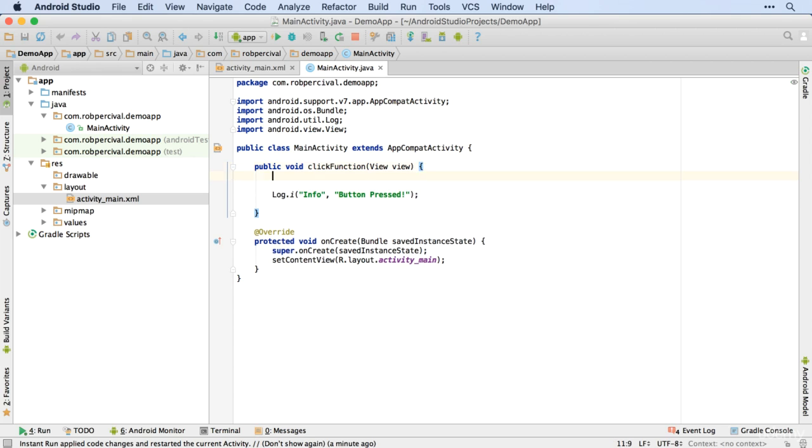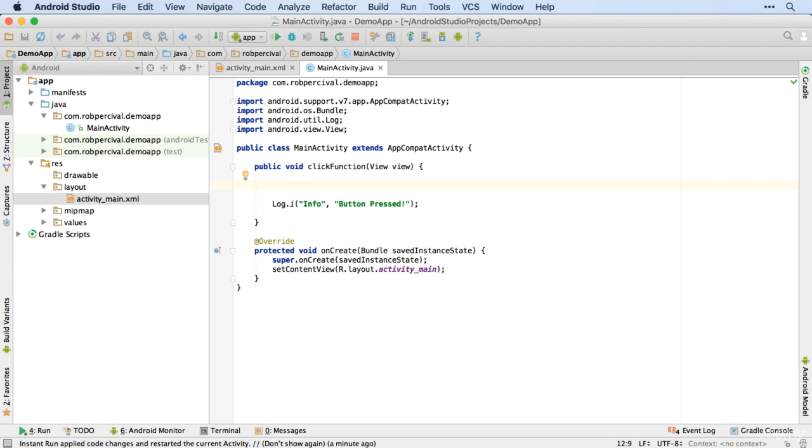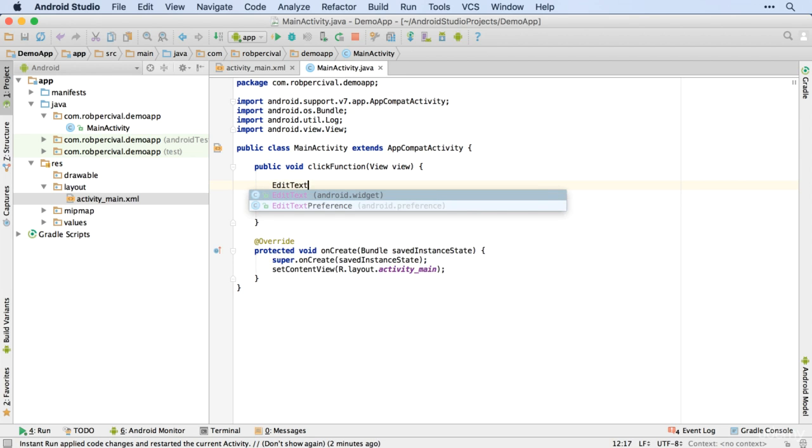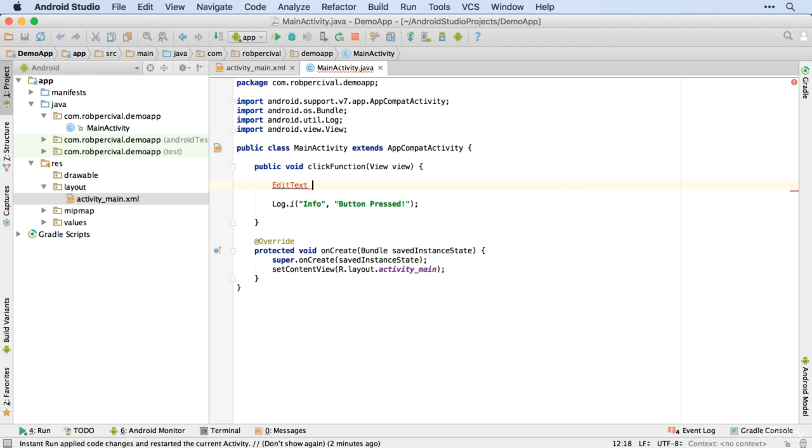So now, within our click function code, we need to get the contents of that text field. And we do that by essentially creating a variable that represents that text field and allows us to get the contents from it. As you noticed a moment ago, the text field is of a type of edit text. So we're going to create an edit text variable